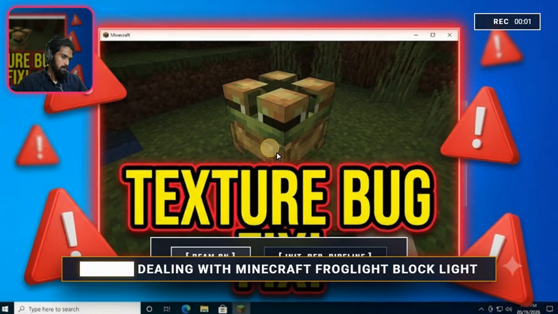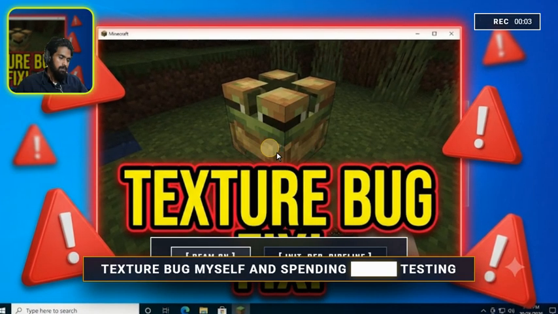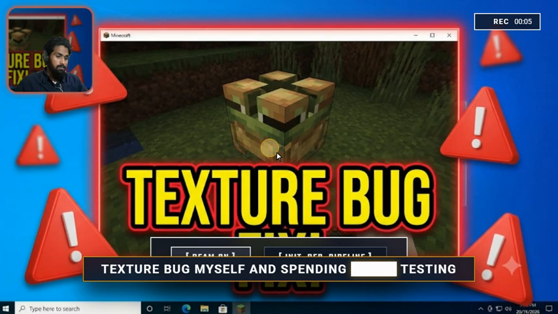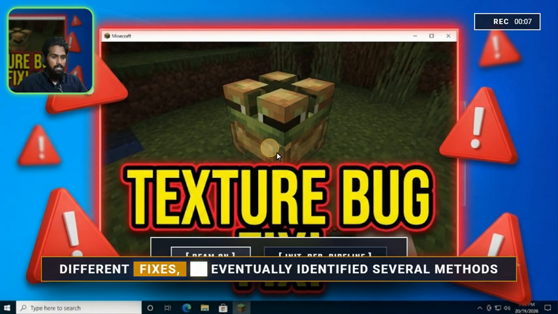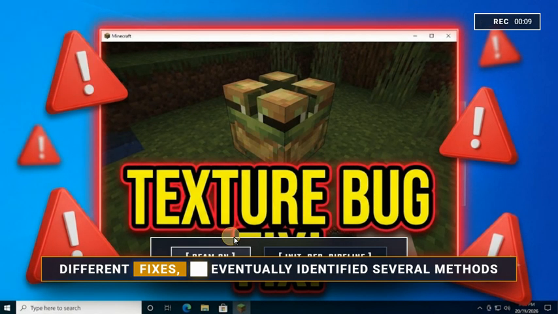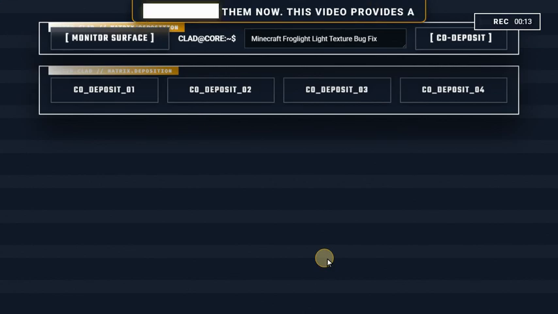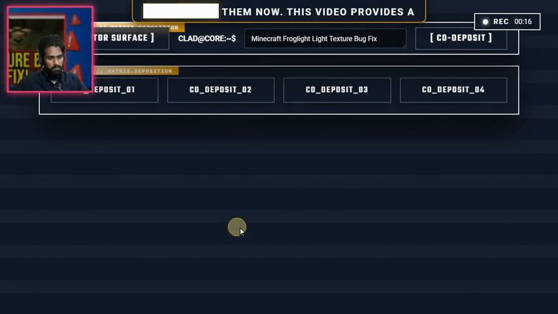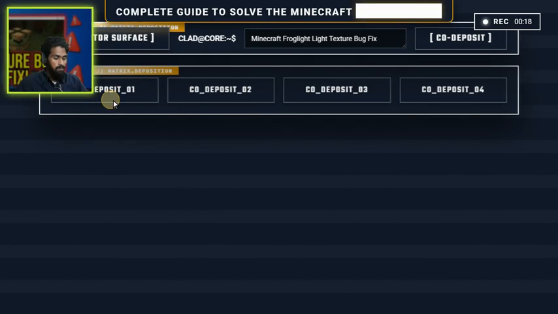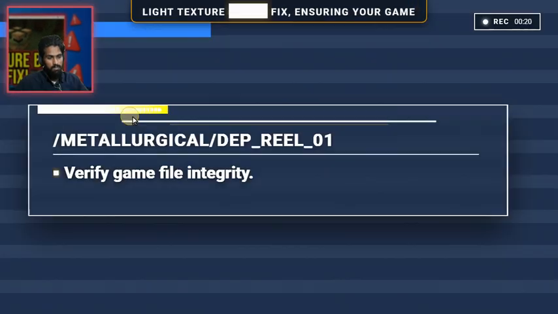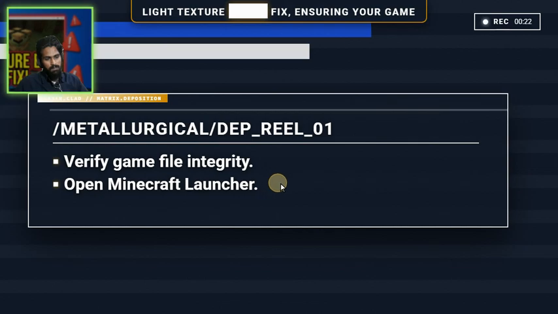After dealing with the Minecraft Froglight block light texture bug myself and spending days testing different fixes, I eventually identified several methods that actually work, and I'll walk you through them now. This video provides a complete guide to solve the Minecraft Froglight light texture bug fix, ensuring your game visuals are